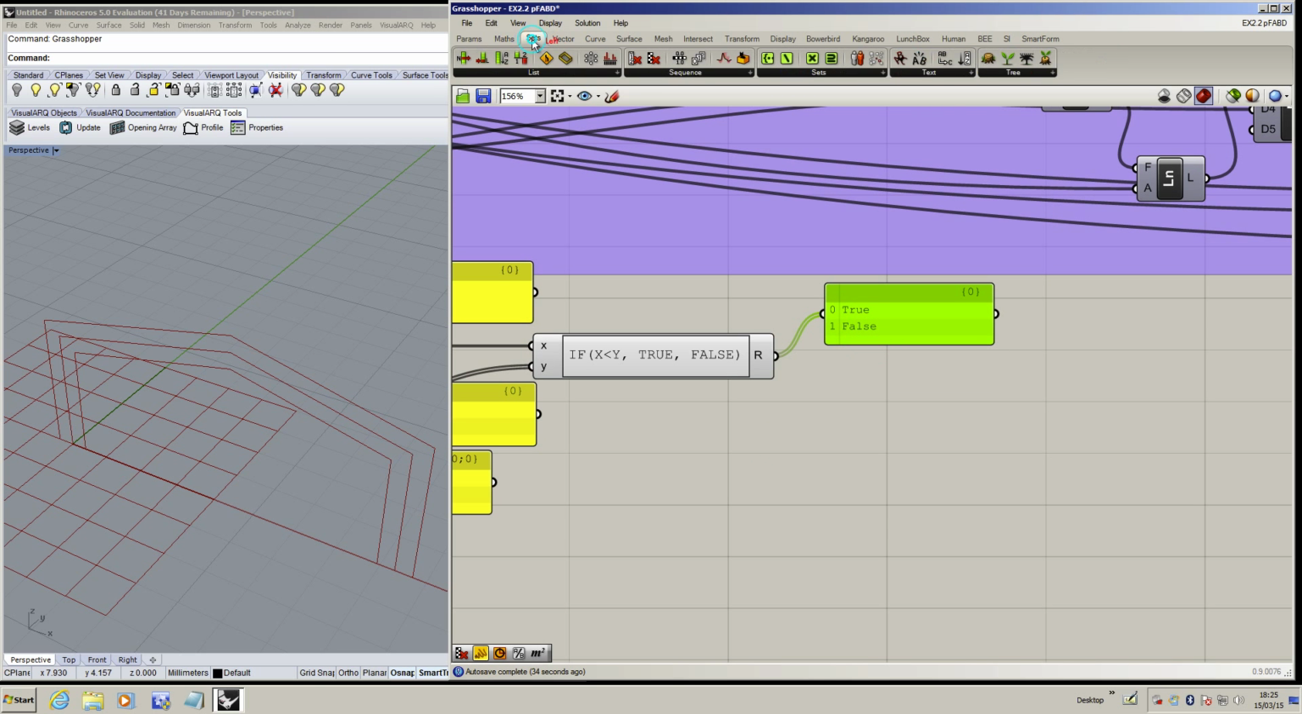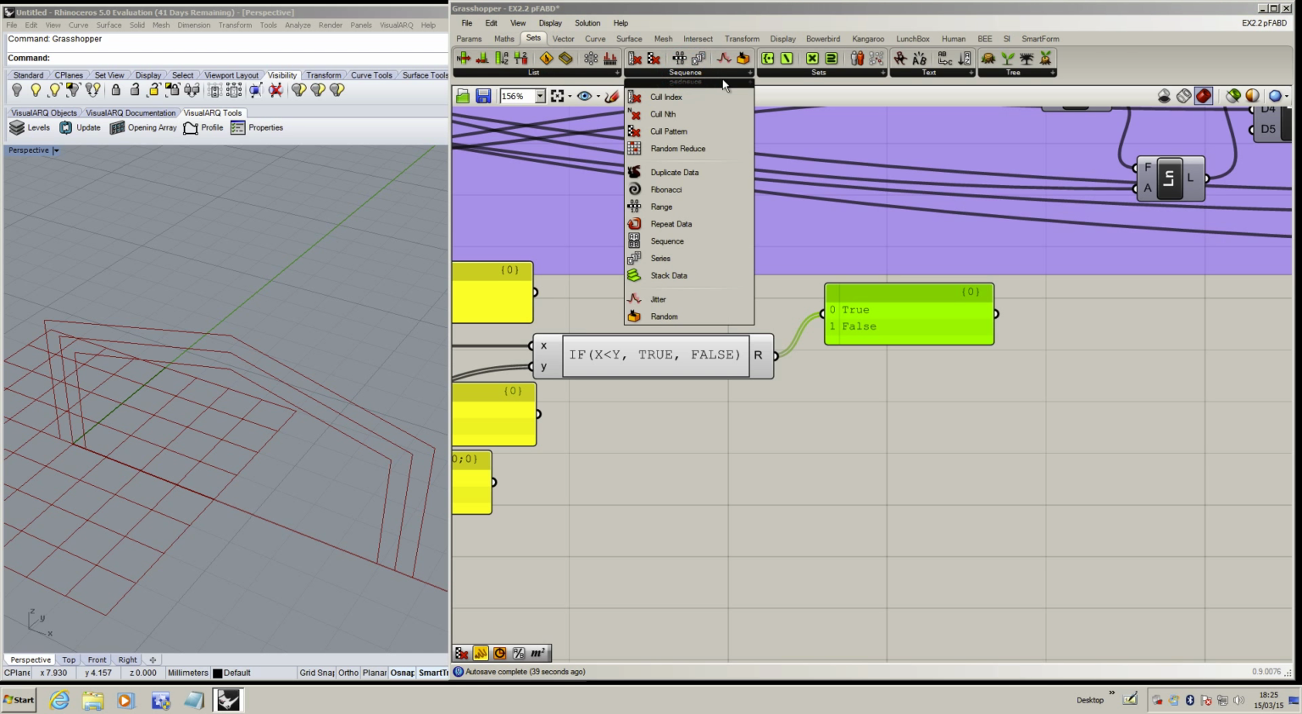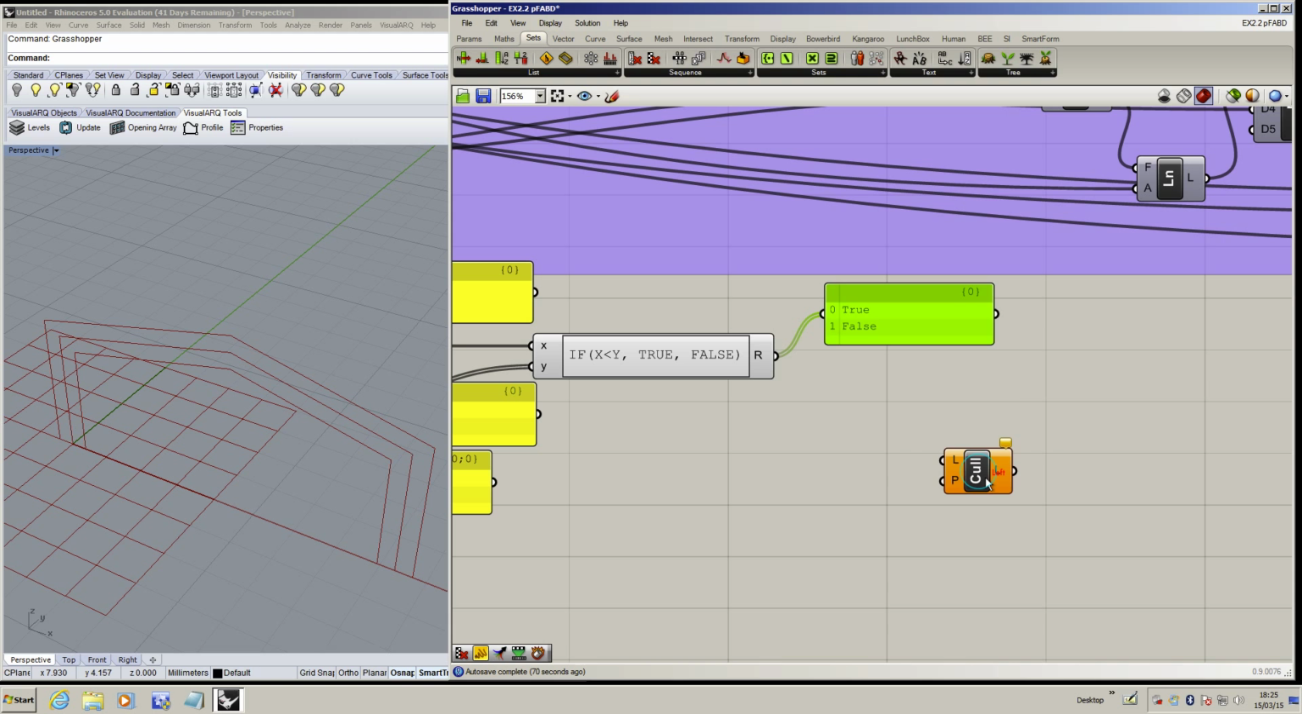There is a command over sets that is called cull. Cull is remove elements from a list. So we have cull index. Here I'm going to define if I want to remove the 0 index or the first one or any other index. Every a certain number of elements of a list, or in a pattern. My pattern is a true false or 0 1 value. So I'm going to cull out, I'm going to eliminate a list